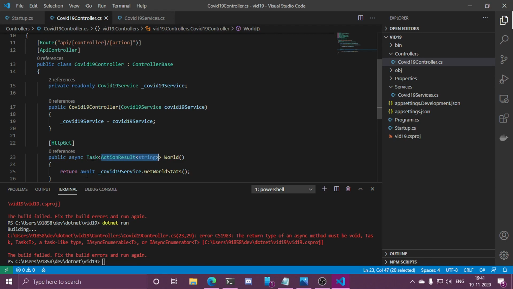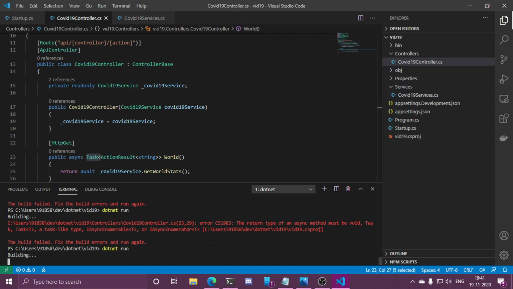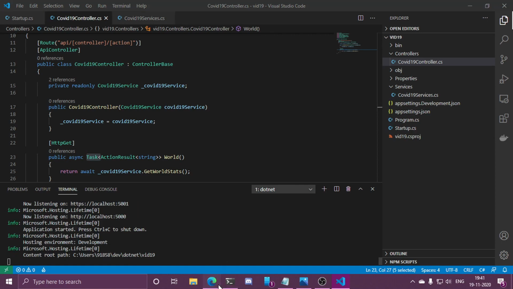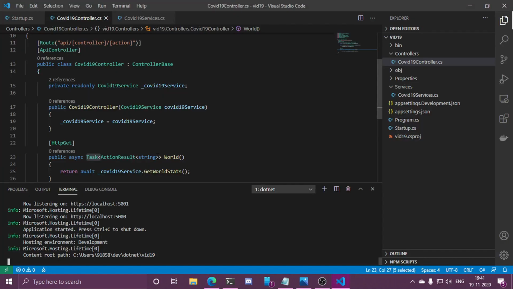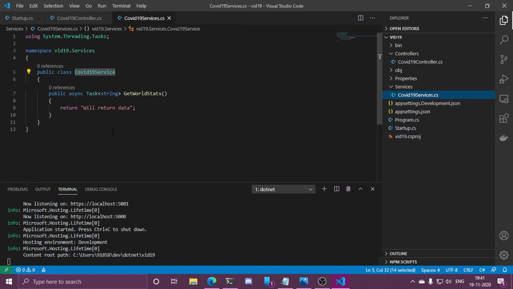And since this is being awaited on, we also have to take care that it is marked as of type task of action result of string. I hope I was able to explain that properly, and now we can do the reload and we can see will return data. So basically this data is coming from over here.